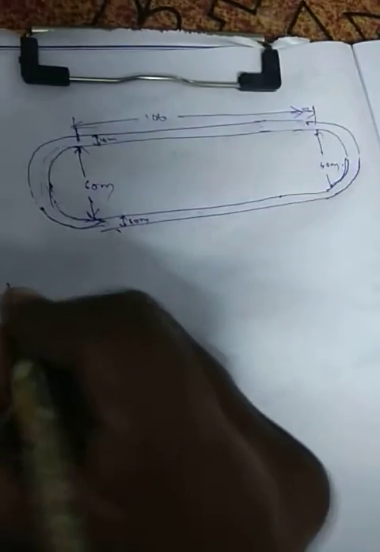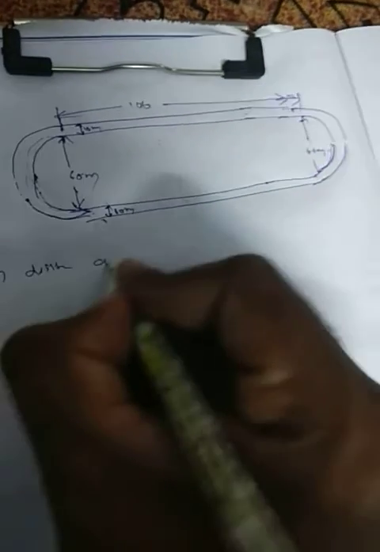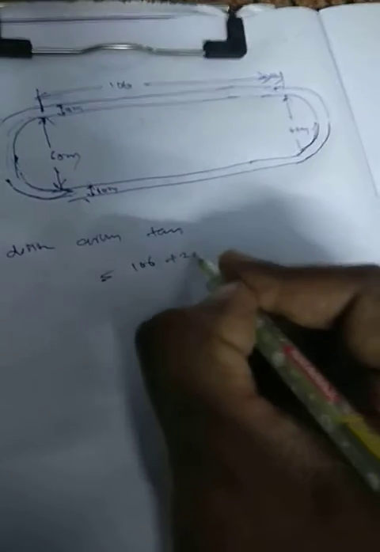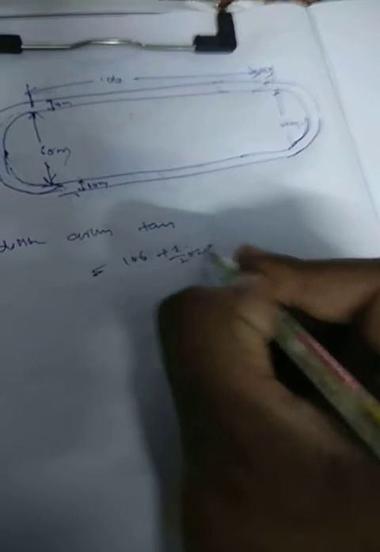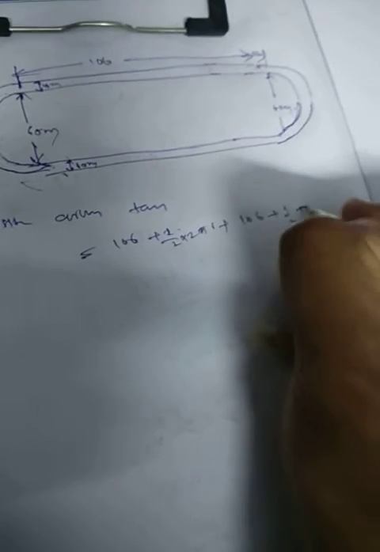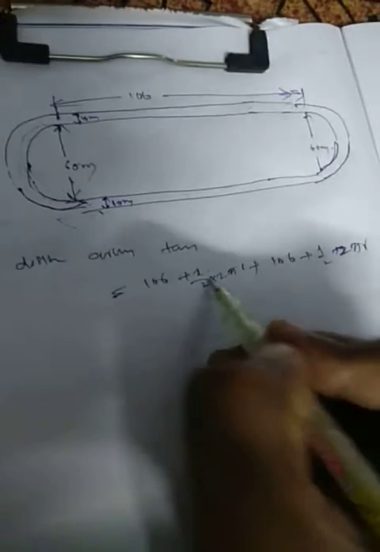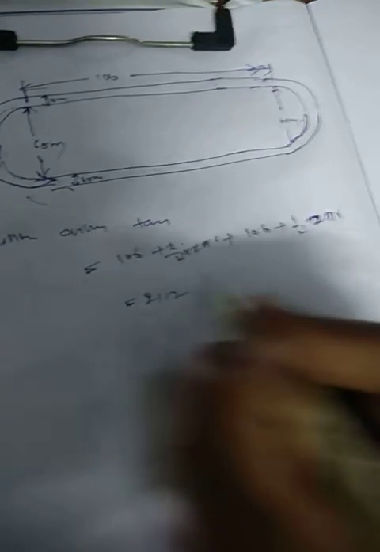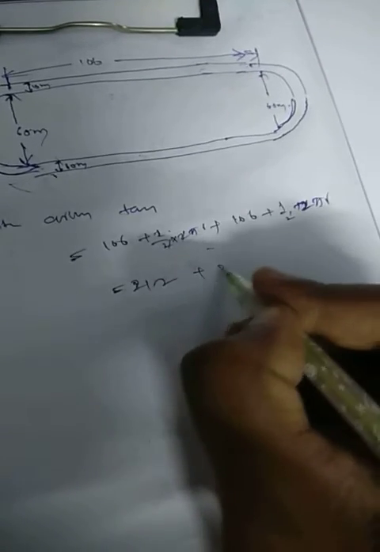So the distance around the track. Here people are going to make a mistake. You are going to take it like this. No, this is the track actually. So first is 106. I am starting from here, and this is half of 2 pi r. Again this is 106, again half of 2 pi r, half of the circumference, semicircle. So the 2s cancel. 106 plus 106 is 212, and pi r plus pi r will become 2 pi r.